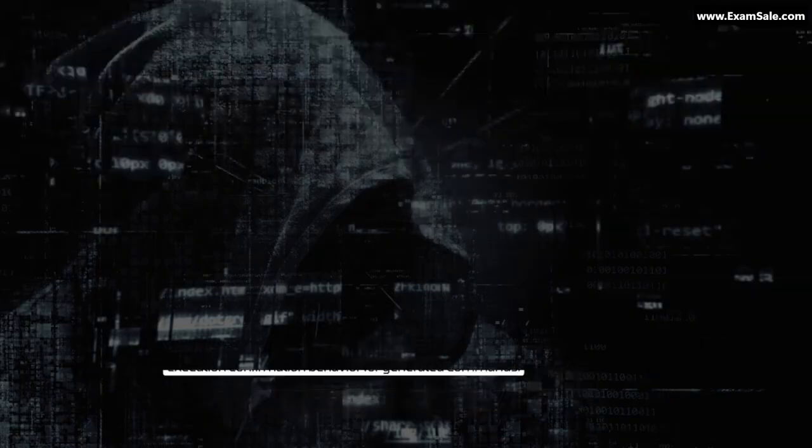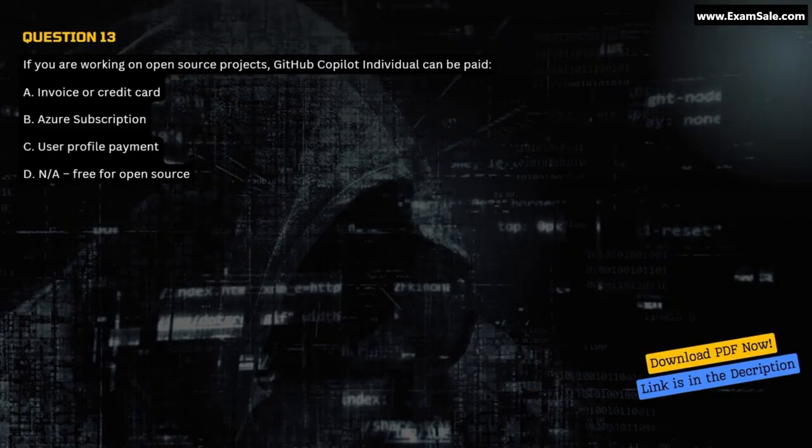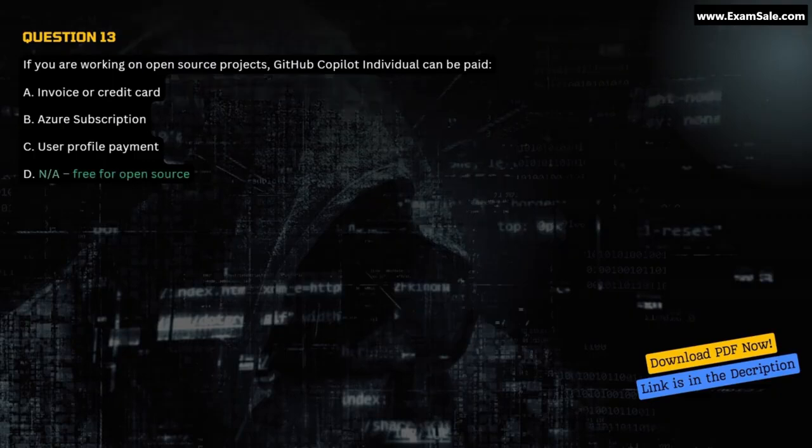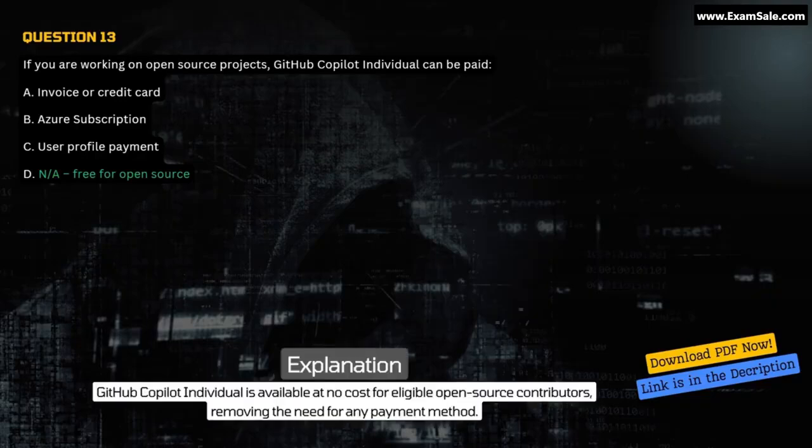generated commands. Question 13. If you are working on open source projects, GitHub Copilot Individual can be paid by which method? A. Invoice or credit card. B. Azure subscription. C. User profile payment. D. Not applicable, free for open source. Correct answer D. Not applicable, free for open source. Explanation. GitHub Copilot Individual is available at no cost for eligible open source contributors, removing the need for any payment